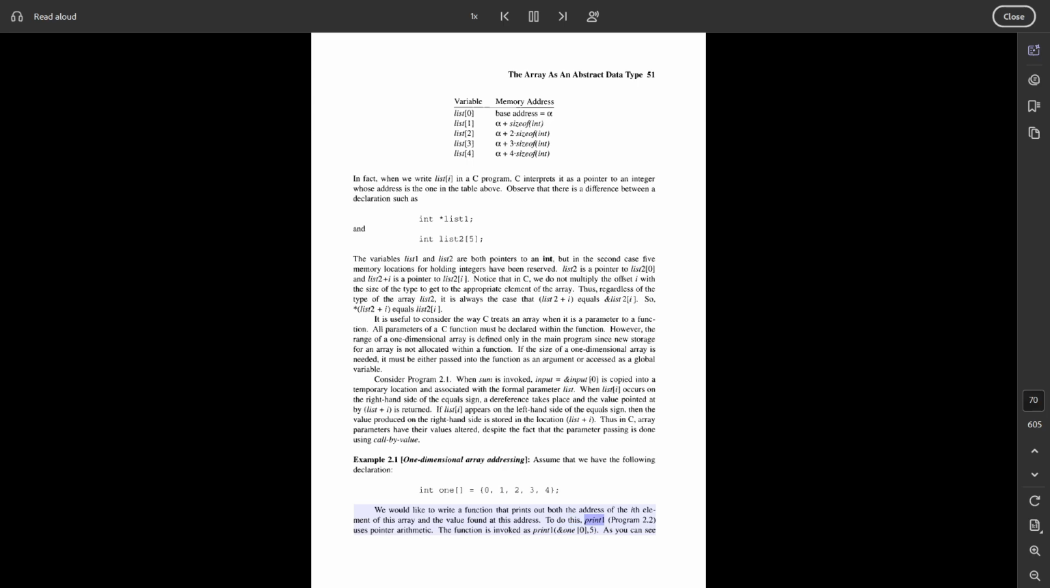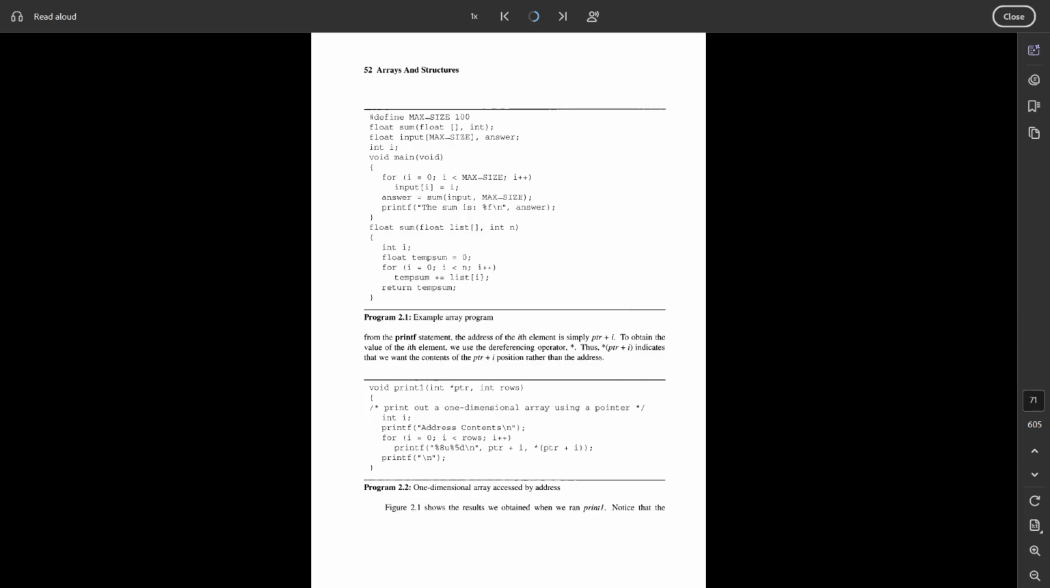To do this, print1 program 2.2 uses pointer arithmetic. The function is invoked as print1(&one[0], 5). As you can see,